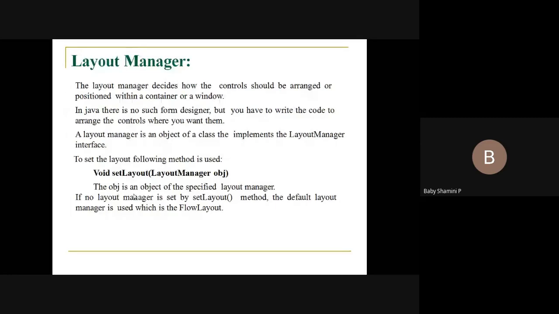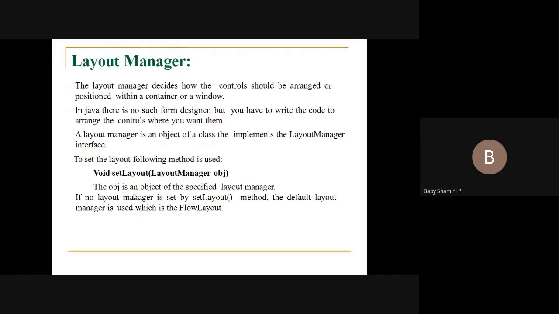If you want to add something into the container, we have to set the size and the position. All of this can be controlled by the layout manager. If you want to set the size and position of particular components, obviously we need layout managers. And here we have various layout managers.